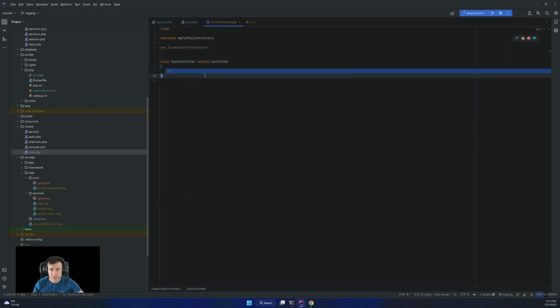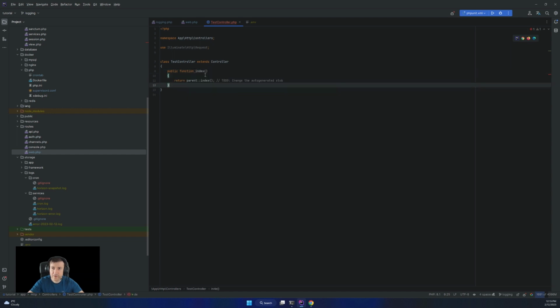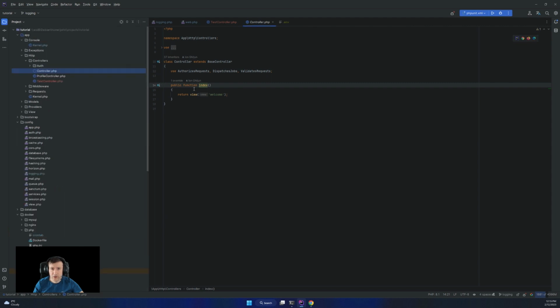Going to the test controller, creating that index method, public function index. Why do we have this? Oh, I put it last time.